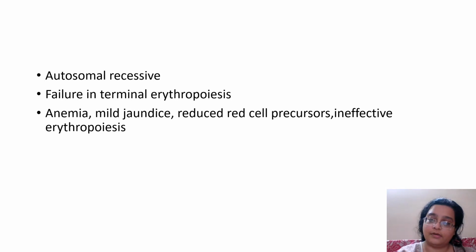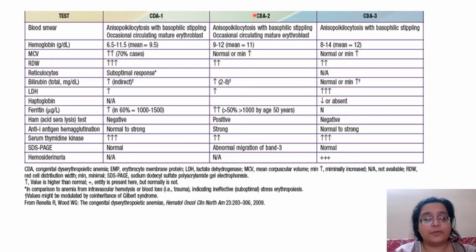Okay, this table is from the net. The three most common types of CDA. So what it does is it combines the peripheral smear, the tests, and the blood smear features of CDA. An easier table is the one given, maybe I'll show you later, in Tejinder Singh sir's book. So blood smear in all of these.